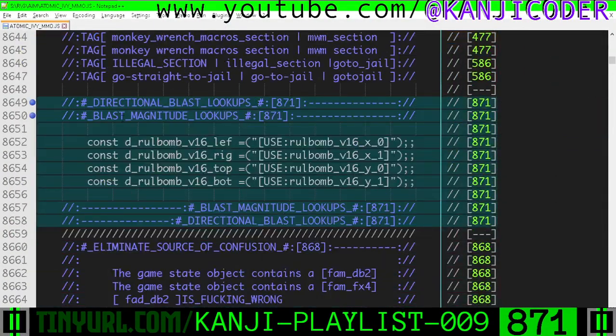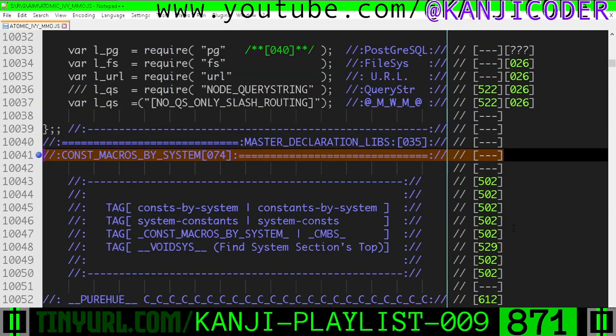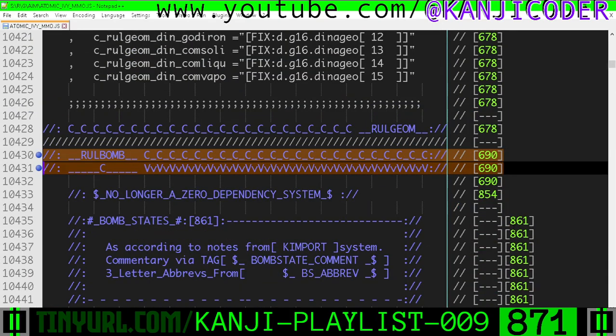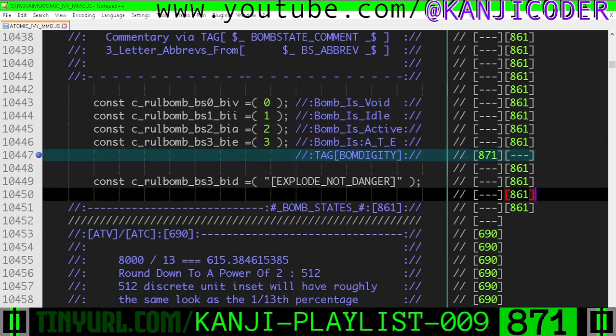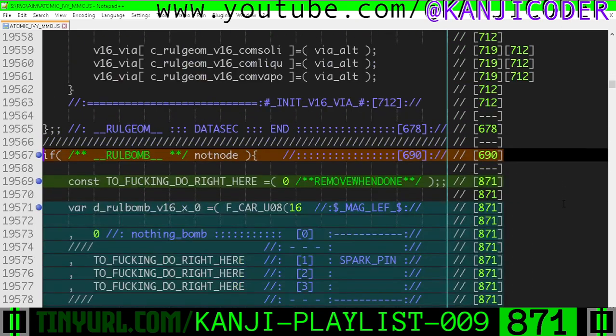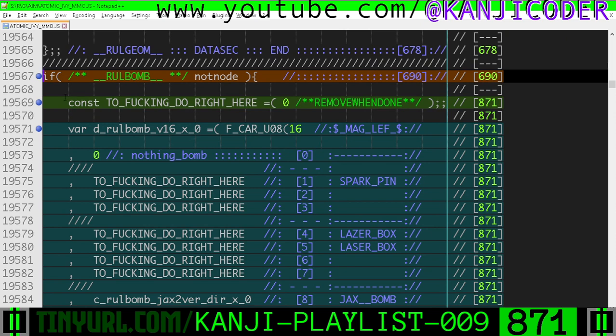So in the legal stuff section, we have some illegal monkey wrench macros. Then down in the const macros by system within rule bomb section, we have a bomb diggity tag to find this stuff that we're interested in. Then within data by system, within the rule bomb data, we have a temporary constant here for things that are